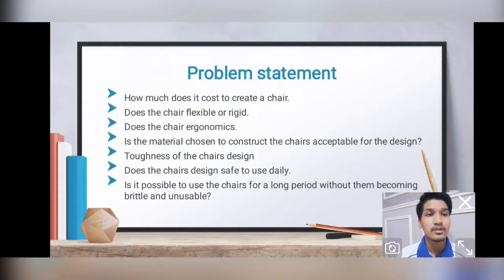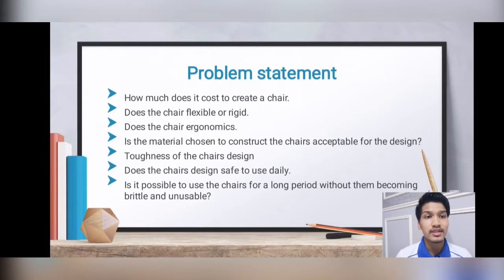Now we go to the problem statement. Number one, how much does it cost to create the chair? Number two, is the chair flexible or rigid? Number three, is the chair ergonomic? Number four, is the material chosen to construct the chair